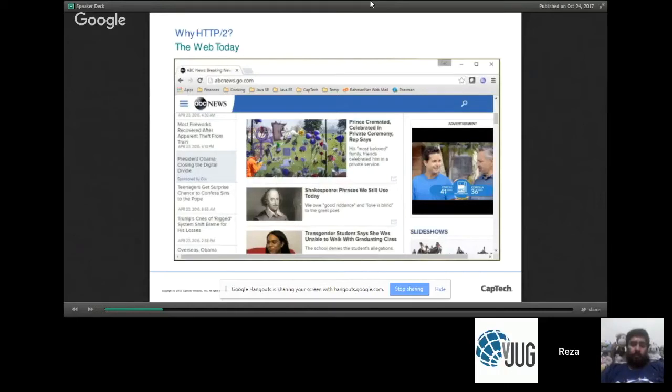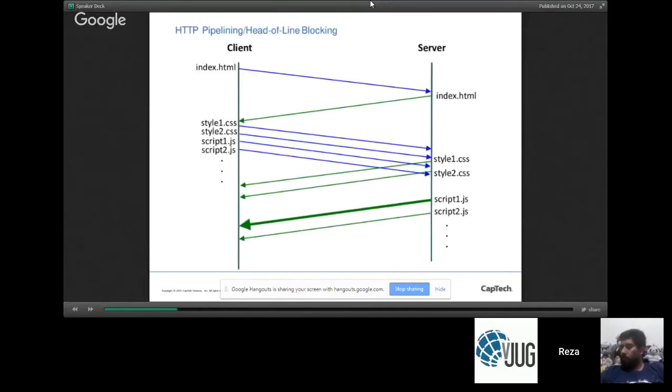In order to just render a single page, you're not just making one HTTP request, but near about 30 or 40 or 50 different HTTP requests before you're even able to render a single resource. And each of these interactions creates separate connections with separate open and close phases, as well as protocol handshakes every single time. So incredibly wasteful.